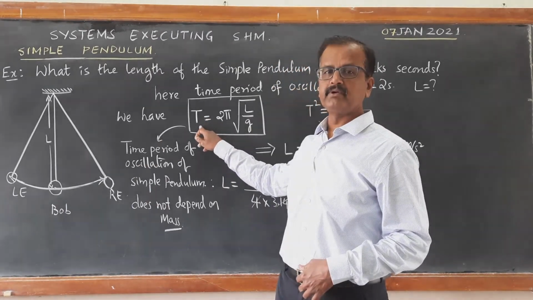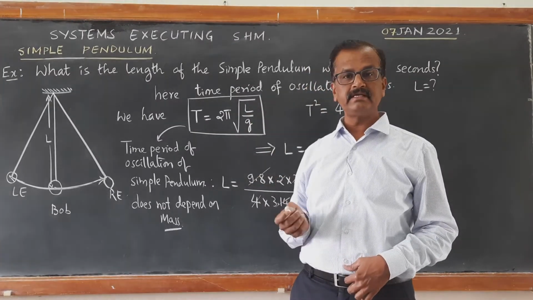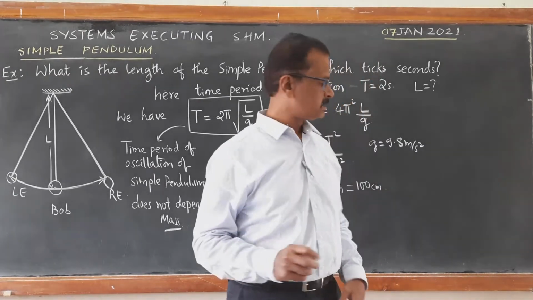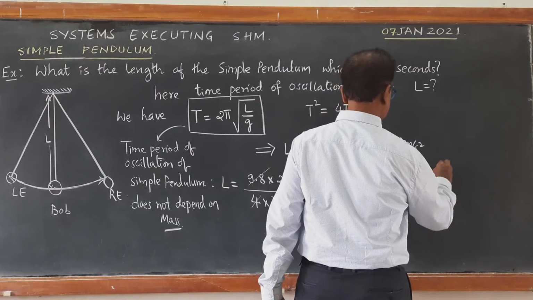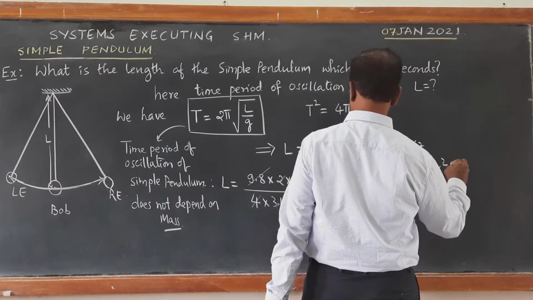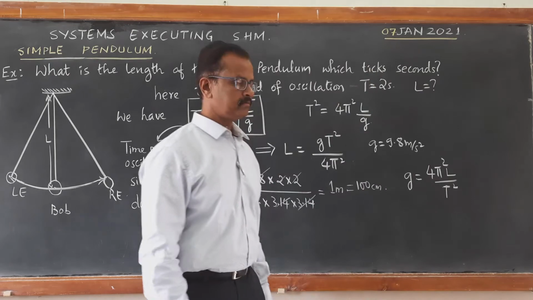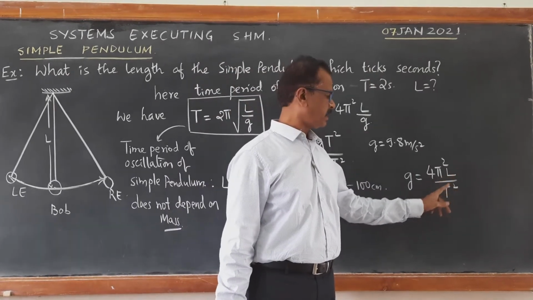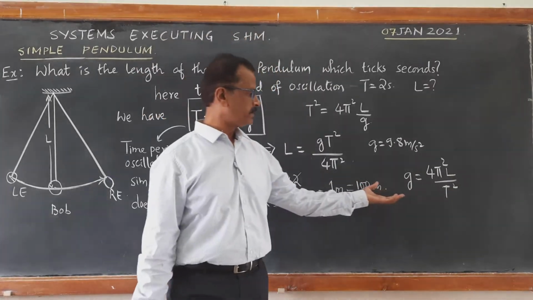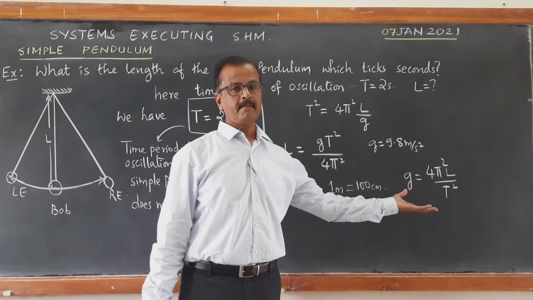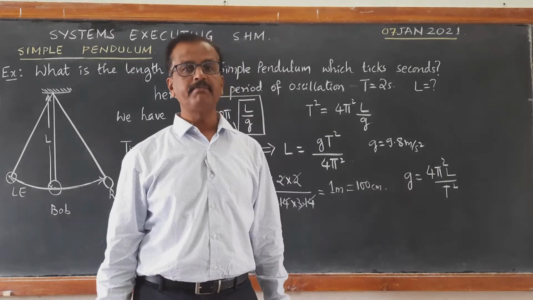When you can get the time period of oscillation for a particular length, you can very easily calculate the g value. See, what is g from this equation? You can see from this equation g is equal to 4 pi square L upon T square. With the knowledge of the length of the pendulum and time period of oscillation, one can calculate acceleration due to gravity. Acceleration due to gravity was calculated for the first time by Galileo. So this was an important calculation and important contribution.